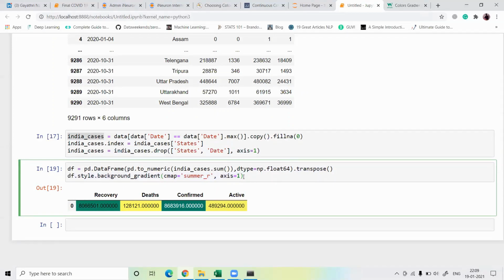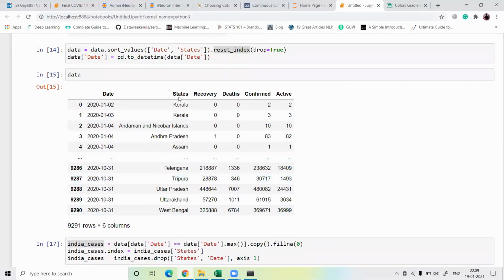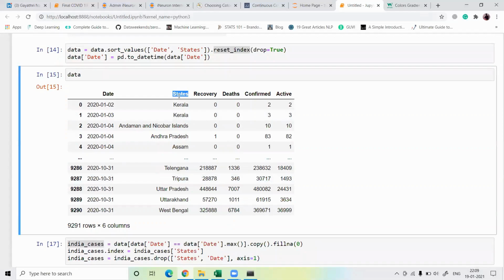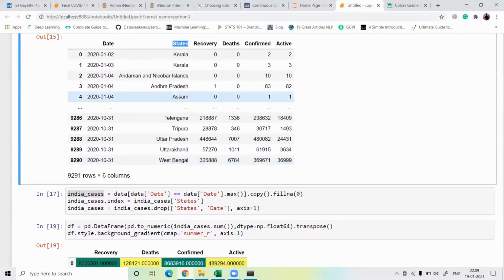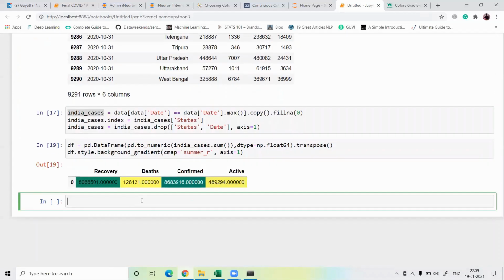Okay, let's try to check the active cases state wise, guys, because we have the data, we have the state column. In our data set we have the state column, so let's try to plot some state wise recovery cases, death cases, confirmed cases and active cases. So for this, what can I do?